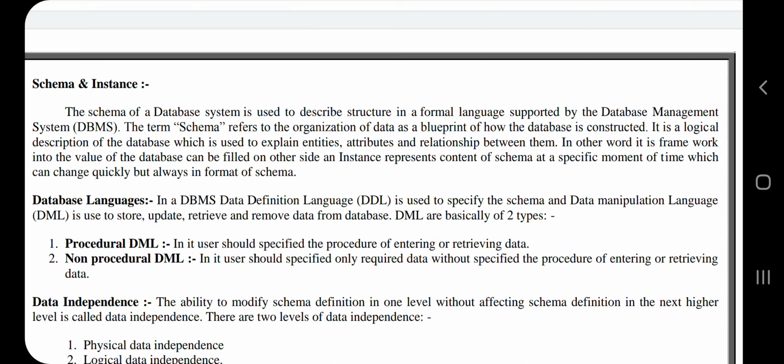It is a logical description of the database which is used to explain entities, attributes and relationship between them. In other words, it is a framework into which the values of the database can be filled. An instance represents content of schema at a specific moment of time, which can change quickly but always in the format of schema.